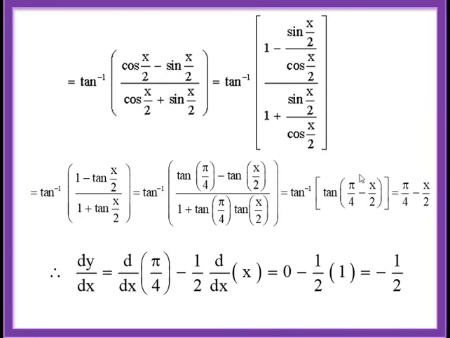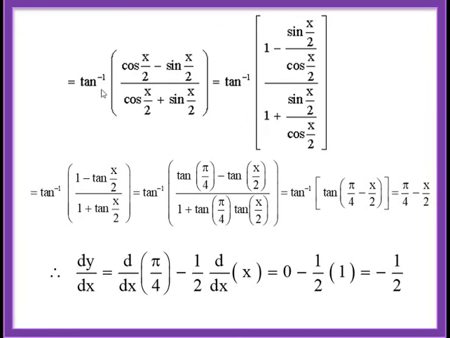Now you should be able to write this directly. Here I have written one more step, but in exam you can directly say this equal to this. Why? Because if you expand this, what is tan of alpha minus beta? Tan alpha minus tan beta upon 1 plus tan alpha tan beta. Yes, tan pi by 4 is 1, and that is why this 1 is replaced by tan pi by 4. Now tan pi by 4 is 1, so I can say that 1 plus tan x by 2 is this. Yes, we have expressed this in terms of tan. So this becomes tan inverse of tan of pi by 4 minus x by 2, which is simply pi by 4 minus x by 2.